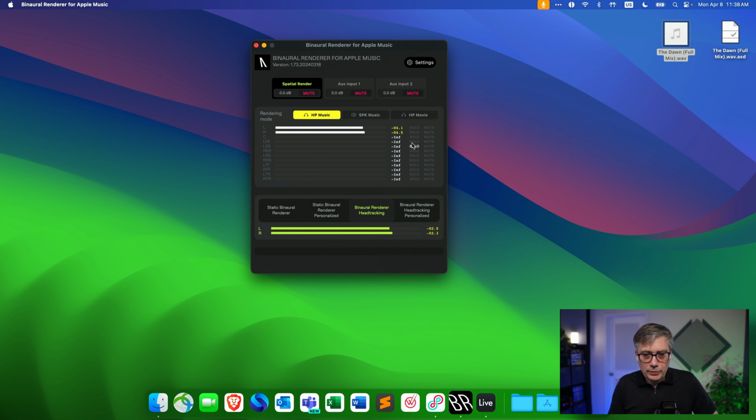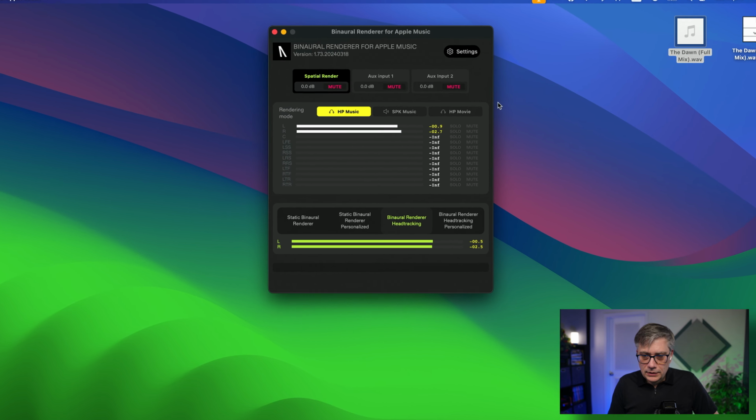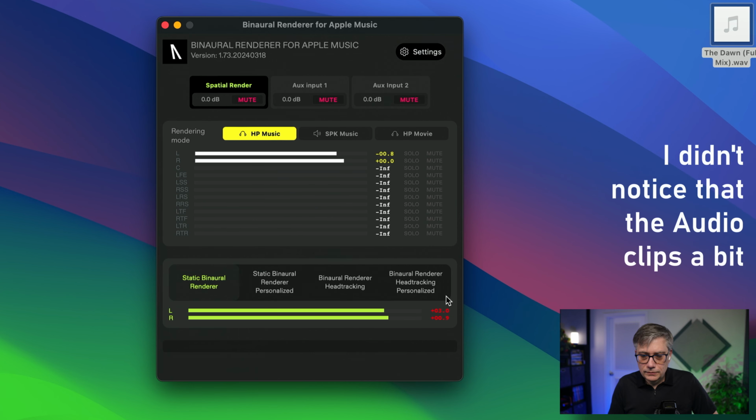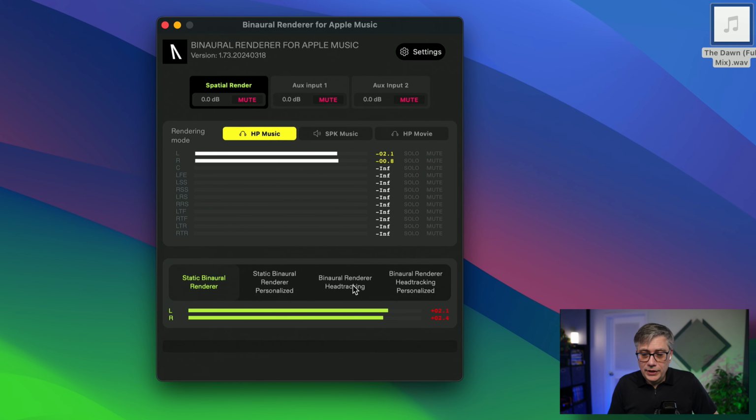And if I now go into the binaural renderer, I essentially see here the different modes that I have. I can select the static binaural rendering mode. It took a little until I figured out what to do. And once again, I want to have that with head tracking enabled. So let's turn that over to head tracking. And if I now move the head, I should once again have the same impression that I had with Studio One.